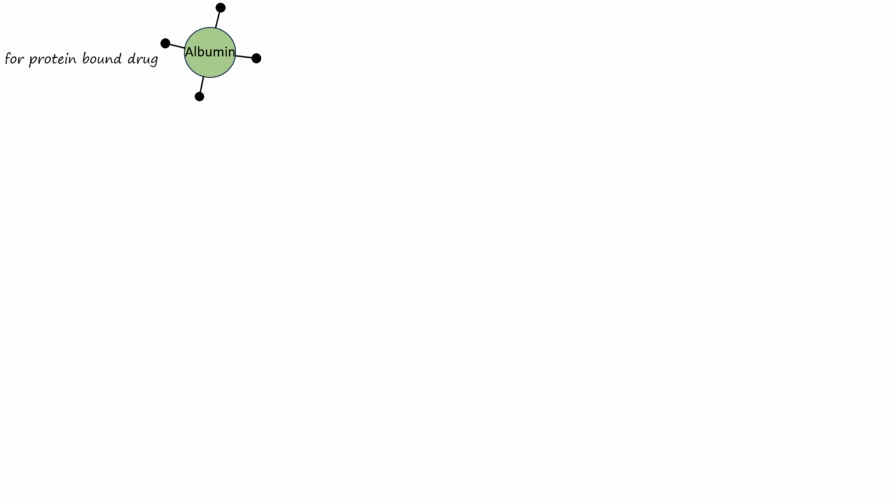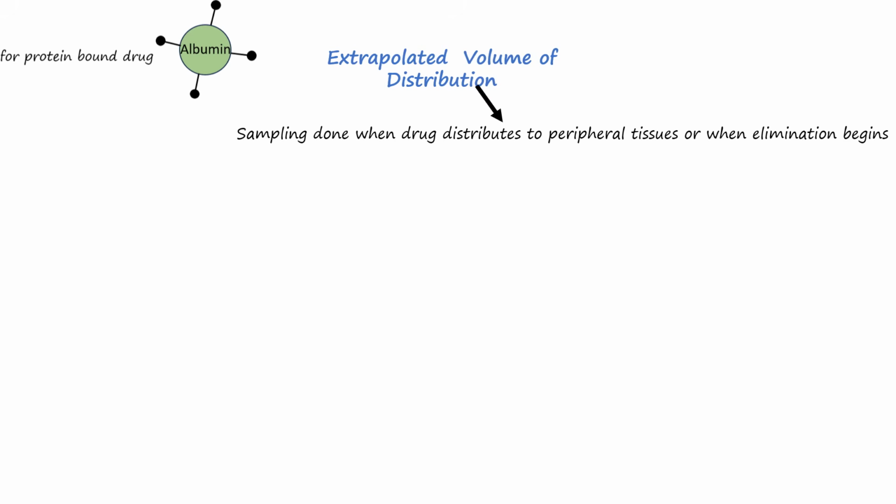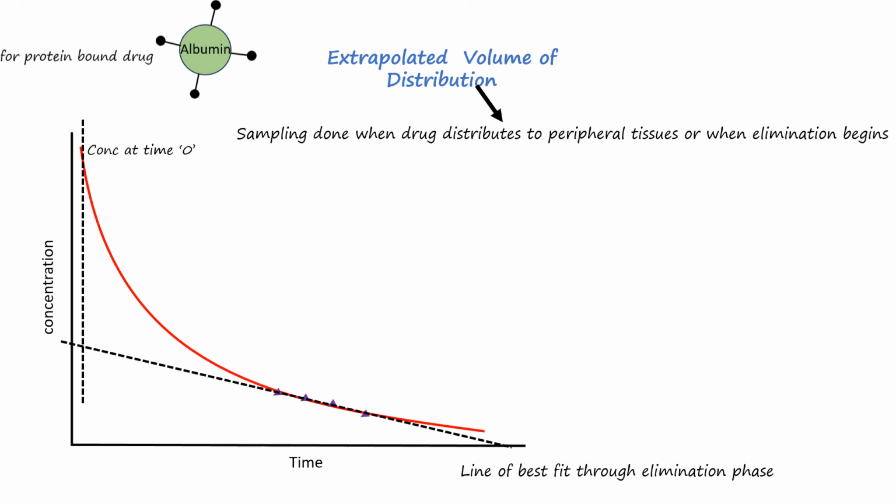Now, when we ignore the distribution of drug into peripheral tissues, the volume of distribution estimate will be inaccurate as peripheral tissues also take up drugs. An alternate method focuses on how a drug disperses after it has equilibrated between the blood and highly perfused organs and peripheral tissues. By that time, the plasma drug concentration declines in a more predictable manner as drug elimination begins. The VD is then estimated by extrapolating a line of best fit from the terminal elimination phase of the concentration